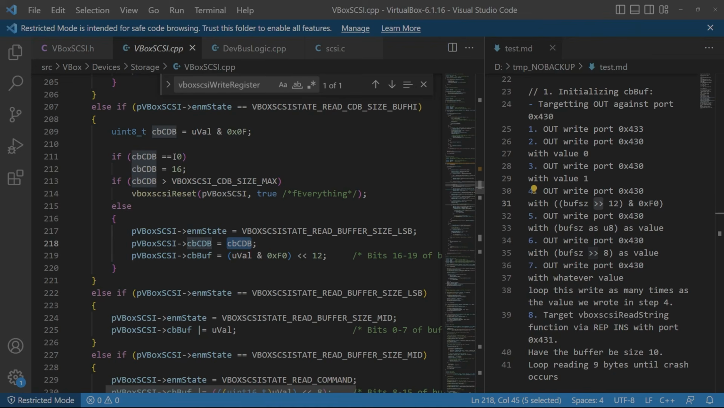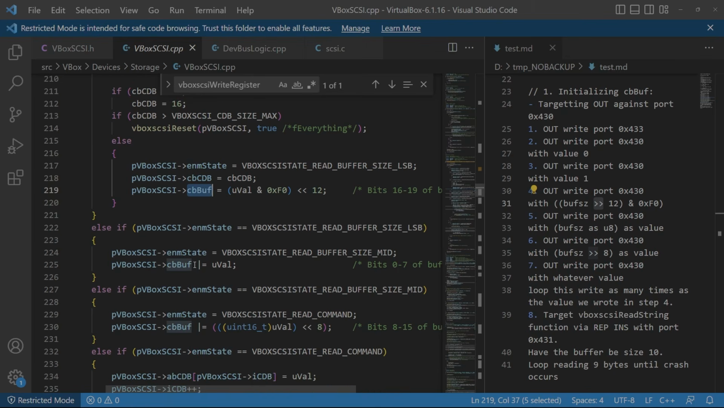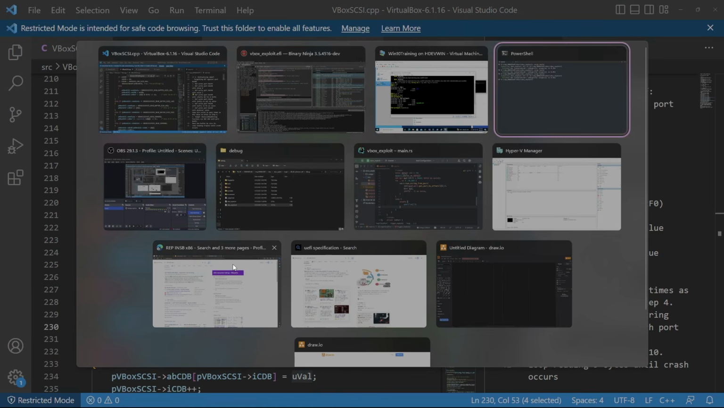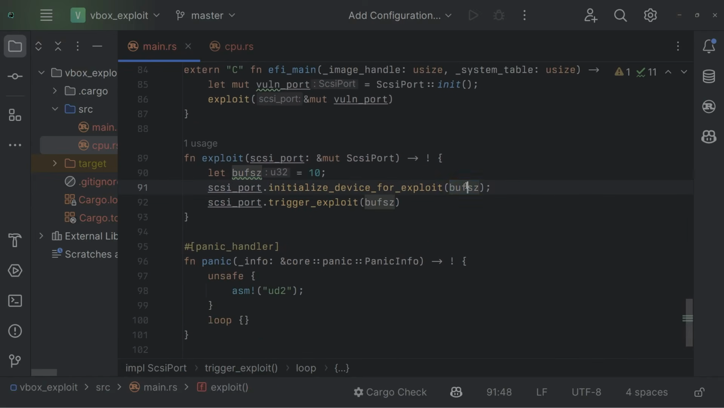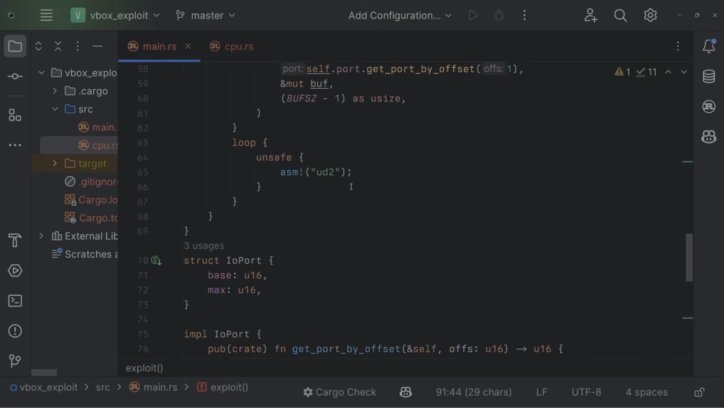That's most likely is actually going to be 0. And then CB buff is going to be 0 and that shifted left by 12. It's going to be 0. And then the second one here, it's going to be odd equal to uval, and then odd equal to val there. So maybe what I'll do is for the VBox exploit, the buff size here is going to be